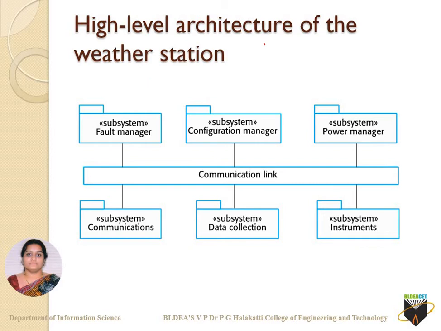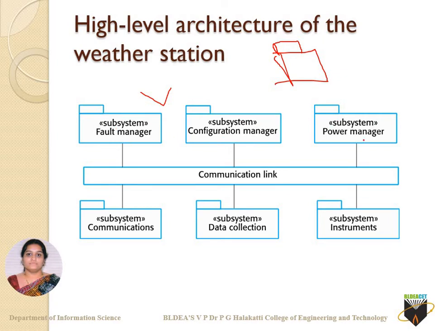So the high-level architecture goes just as a generic structure. I have a subsystem here called the fault manager. This block in UML is called a package. If you are well aware of Java usage, always keep in mind that a class is just a rectangular box. For a package, you have another small box on top, so that is called a package. So this is entirely a system, which is why it is called subsystem fault manager,